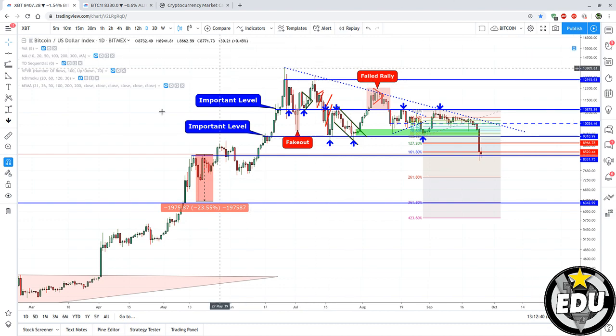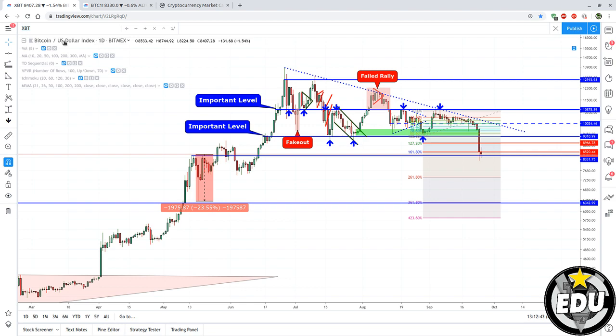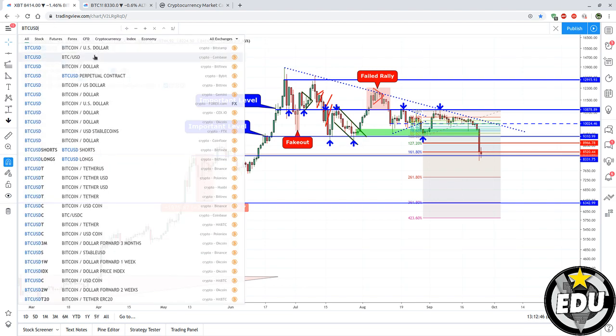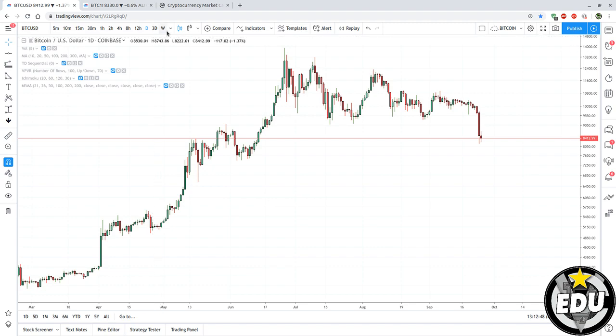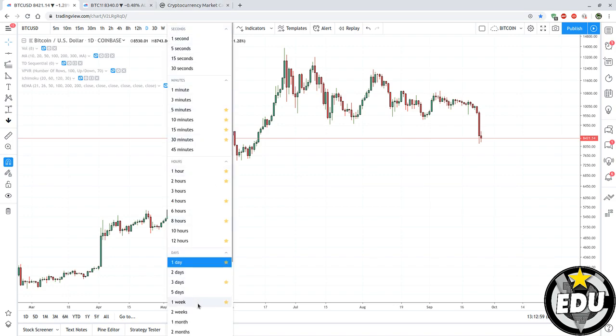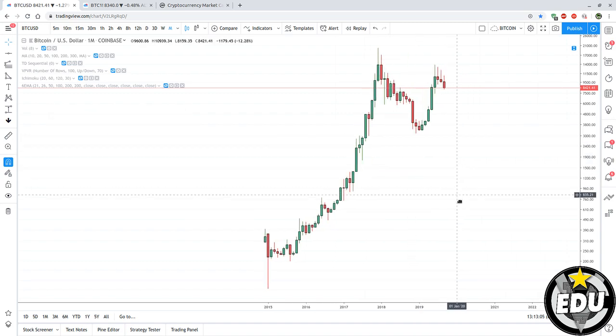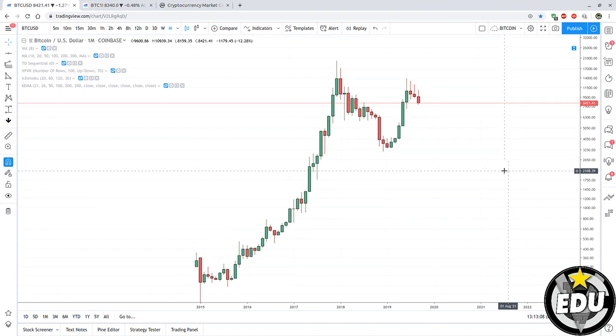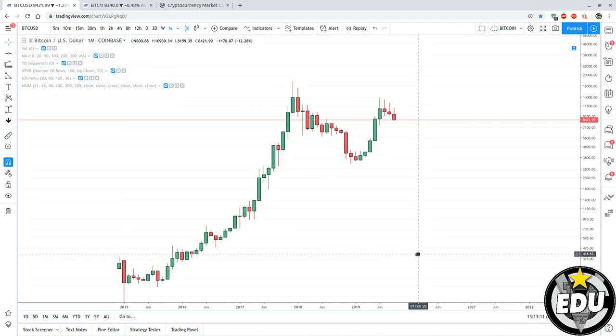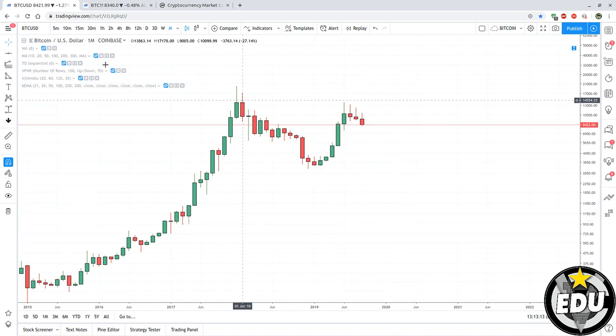Okay, if I switch to BTC Coinbase, maybe I don't have it charted. Beautiful. The higher time frames are very important, and my favorite high time frame is the weekly, but I'm learning to take a look at the monthly because it's extremely important. Why is that? Because monthly candle closes work exactly and perfectly as resistance or support. In fact, I've talked about this for a long time now. The monthly candle close